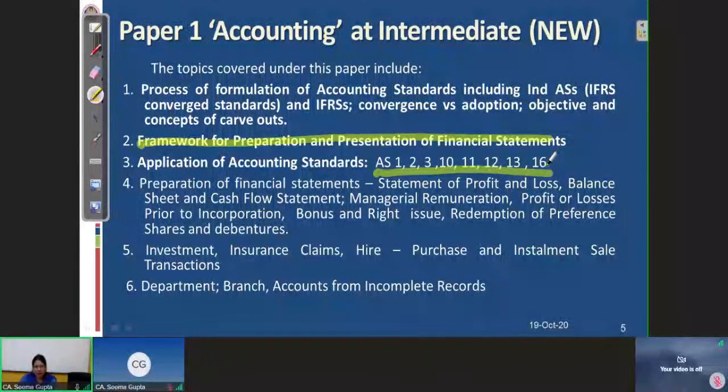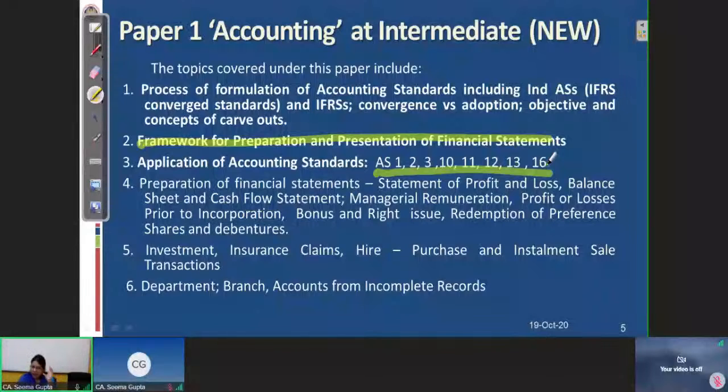It means there are 4 accounting standards which are already covered in our study material in other chapters. There are in total 8 accounting standards, but 4 of them are already covered in one way or the other in our study material. How? AS3 cash flow is already there in our company accounts chapter, unit 2 of chapter 4. Then we have AS13 investment, that is already covered in the investment accounting chapter. Then we have AS11, that is connected with branch accounting, the foreign branch accounting chapter.